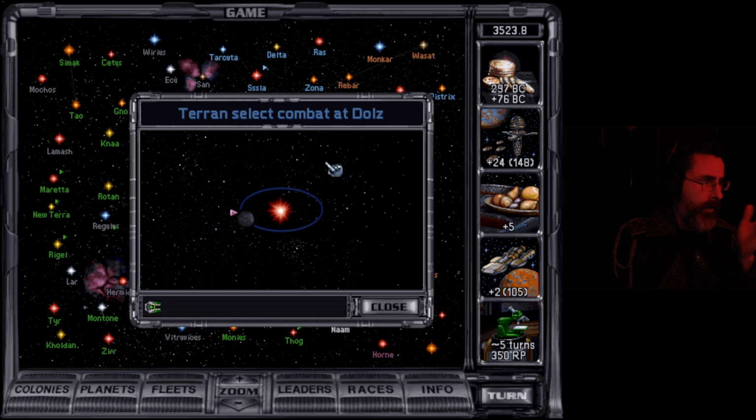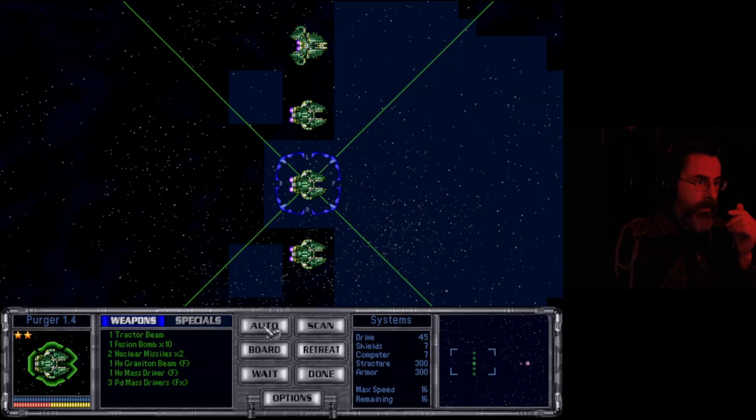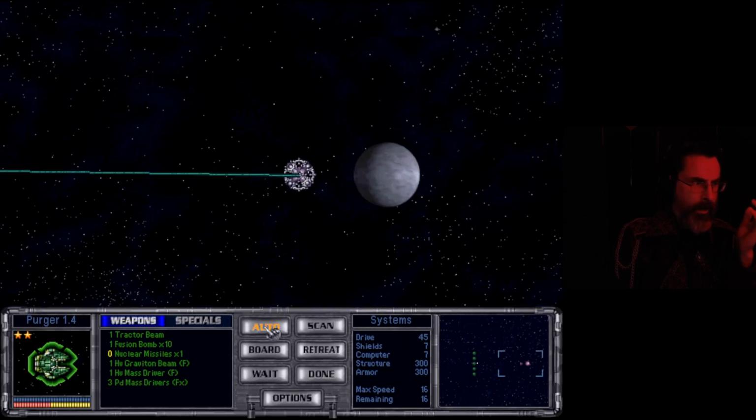Here we go. Terran Select Combat Adults. They have a starbase, a fighter garrison, and ancient artifacts. So, yes, we can take it. Let's go. And let's just jump to auto. I think our 5...